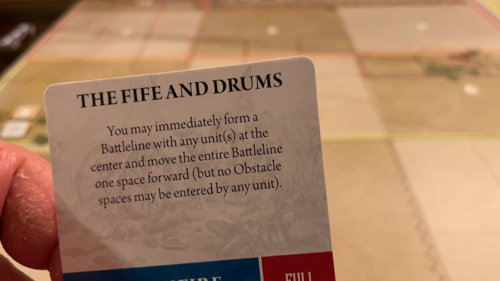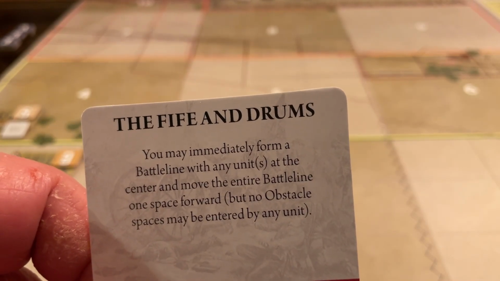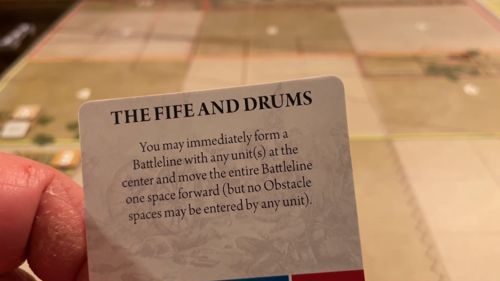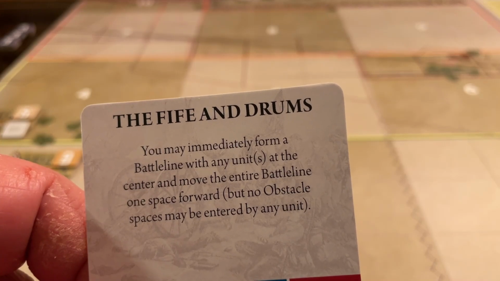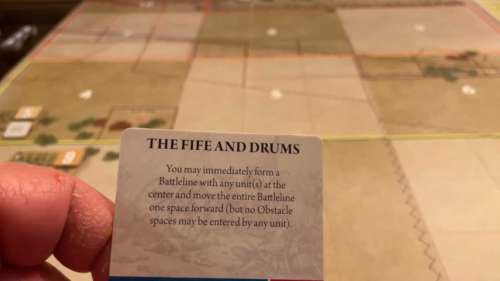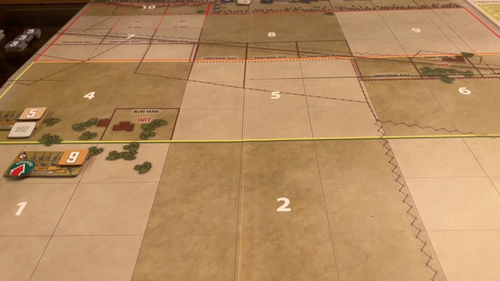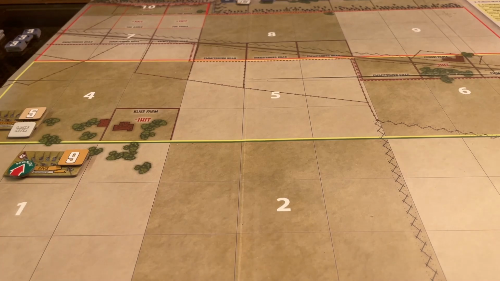The Fife and Drums. You may immediately form a battle line with any unit at the center and move the entire battle line 1 space forward, but no obstacle spaces may be entered. All right. So that means I can pick a dude and any 2 and then the adjacent dudes. Now, that should include the guys in the start. So even though he was the active guy in this Fife and Drum, somewhere someone's getting a little...